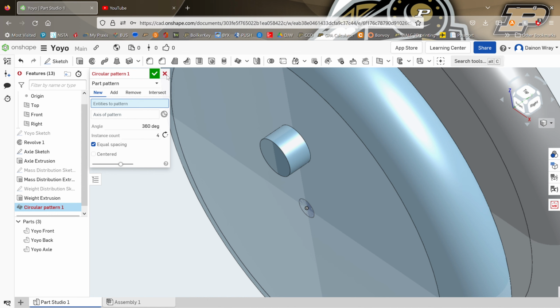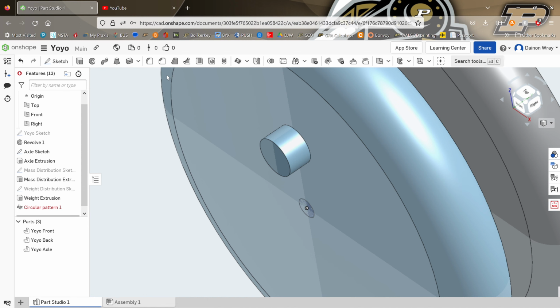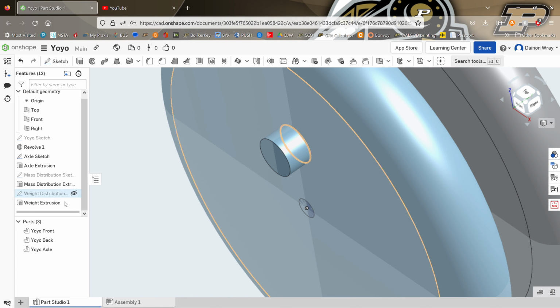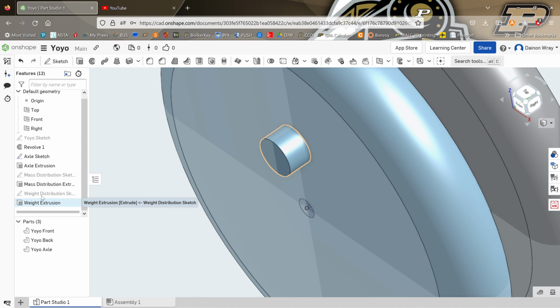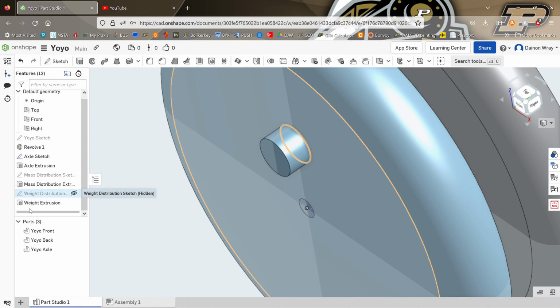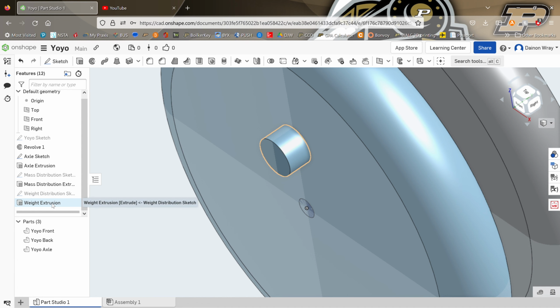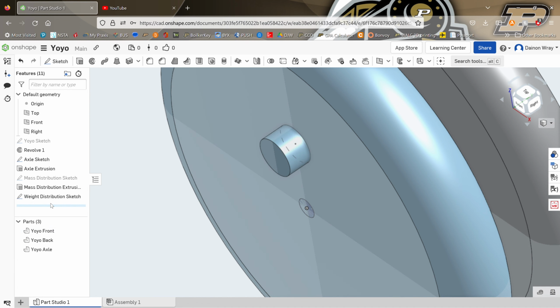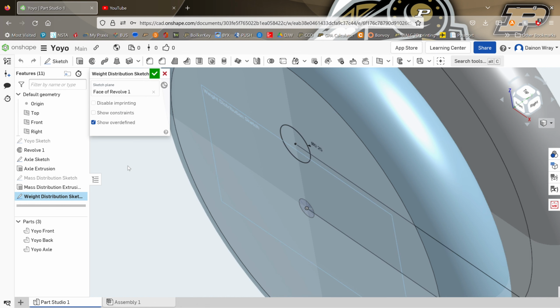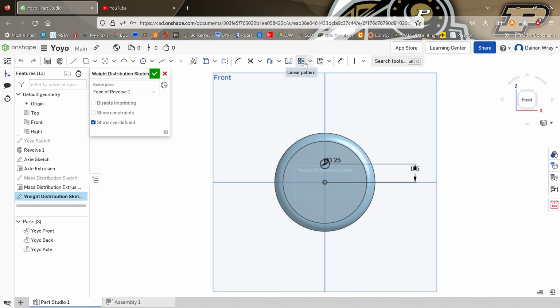If one thing doesn't work, go back to the basics, the original of what you know to work. So we know how to create a pattern on a sketch. So in the sketch interface, I'm going to first delete the weight extrusion, and then I'm going to go back to the sketch. There we go. And I'm just going to create a pattern here. So in the function toolbar, I'm going to click on circular pattern,